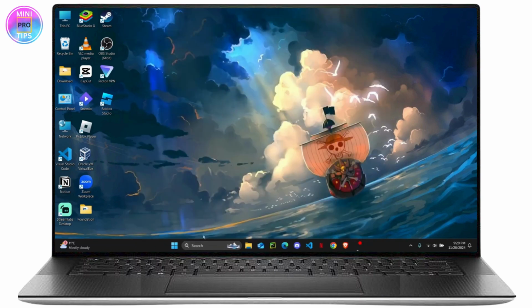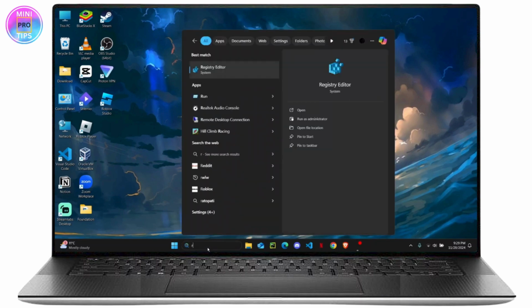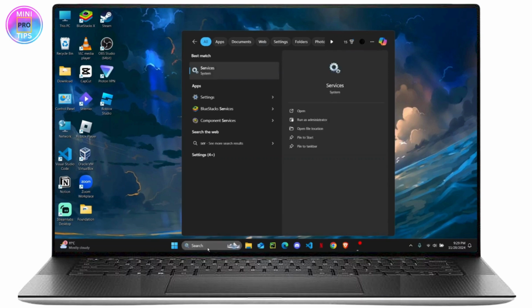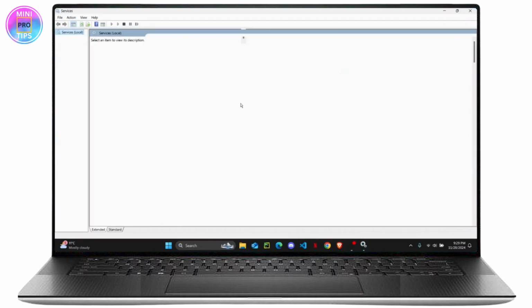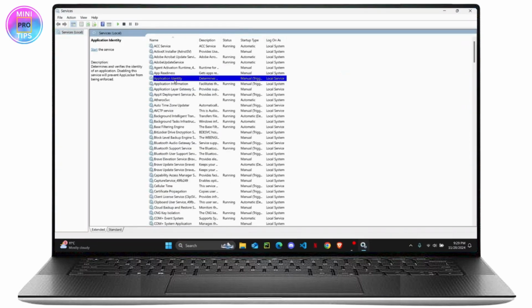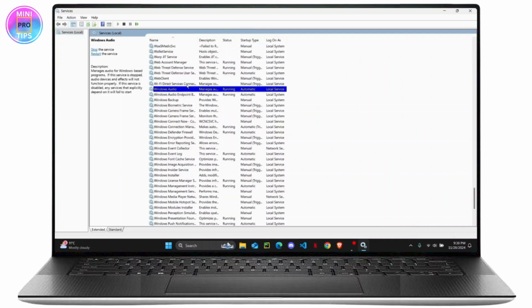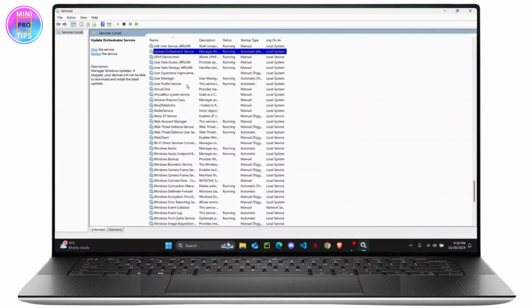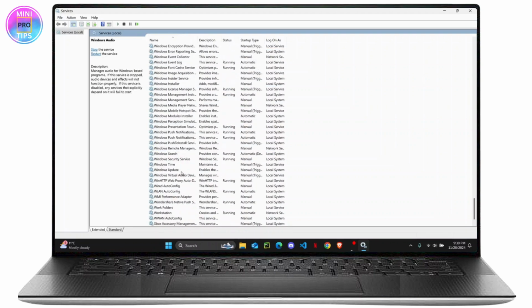So the second thing that you need to do is go ahead and search for services on the tab. So just search for services, and once you open up your services, click on any of these services and search for Windows Update. And once you find Windows Update, you just have to scroll down to find it,